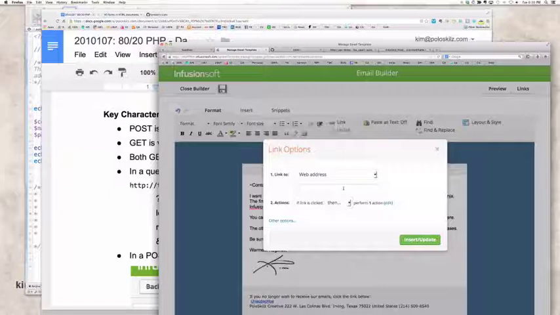But all I'm doing here is building a query string, something dot php question mark, and then maybe I'm going to do contact ID equals,